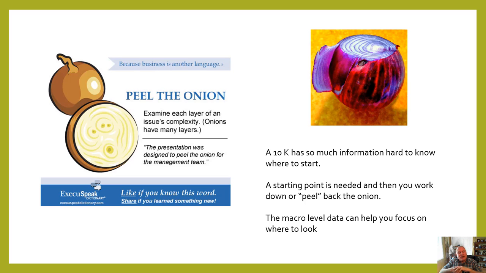A starting point is needed, and then you work your way down, peeling back the onion. Sometimes the information we get in a 10K is so much that we really want to focus it. So we're going to take information and narrow it down